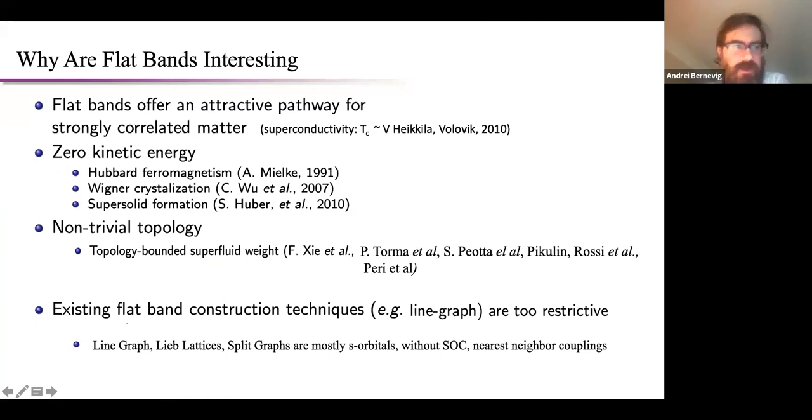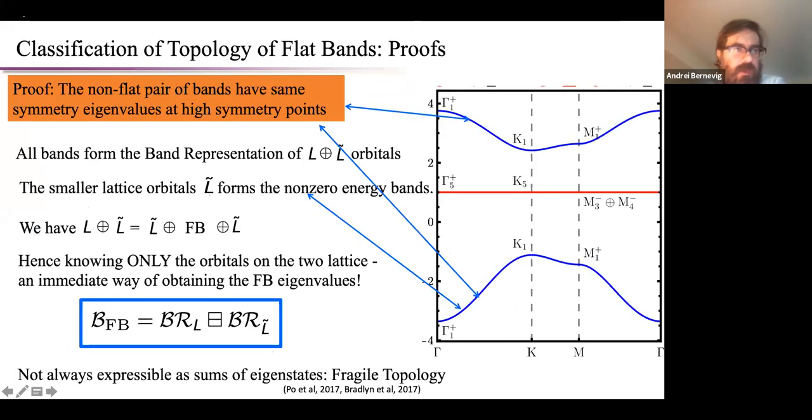So I want to add a reference. Yesterday, I forgot to say that this non-trivial topology bound, which is basically the bound from below of the superfluid weight that was done in BDG by the first row of people starting with a Finnish group, was actually shown not only to be a BDG property by Monte Carlo, by Perry et al., but to hold in a fully interacting non-mean field model.